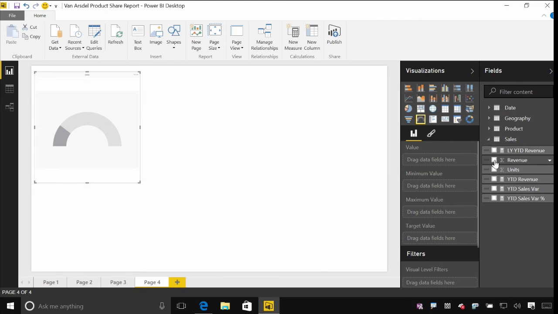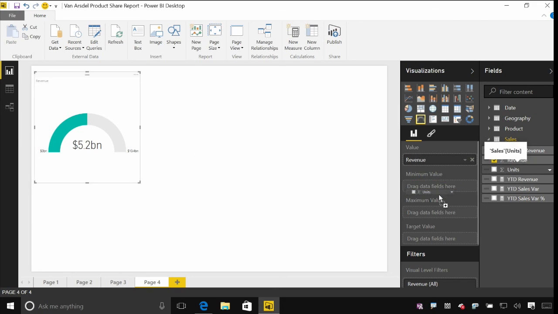Let's look at our total revenue. You can see that our gauge shows the overall number, in this case 5.2 billion, and then progress towards a certain amount. By default, this end amount is just double whatever the value was, so you'll always see it at about the halfway point. You can add other fields on the right-hand side here to determine the minimum, maximum, or the target, either bound to particular data values.